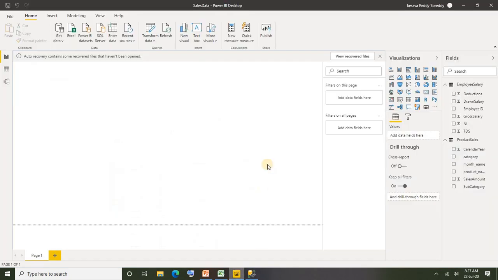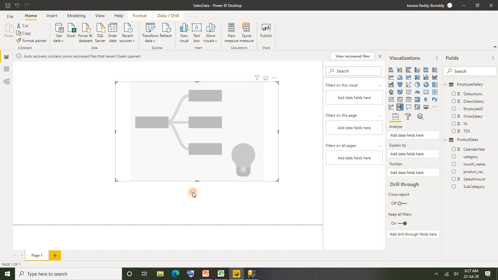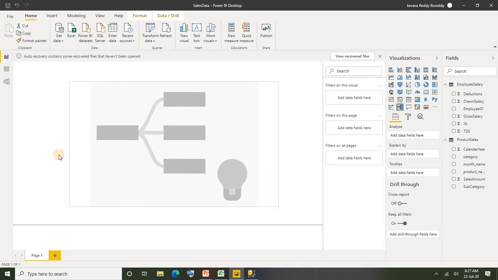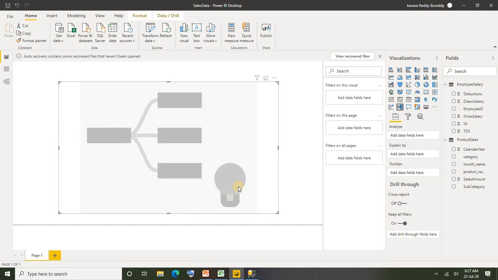Let's go back to Power BI Desktop. Now I'm going to add the visual to my report section. I just pulled the visual here. Of course, if you want to increase the size, you can. If you see, there is an icon here that is the artificial intelligence icon, so this visual has an artificial intelligence feature. Because of that you can request any dimension and split your metric into any level. Based on your request your metric will be split down.